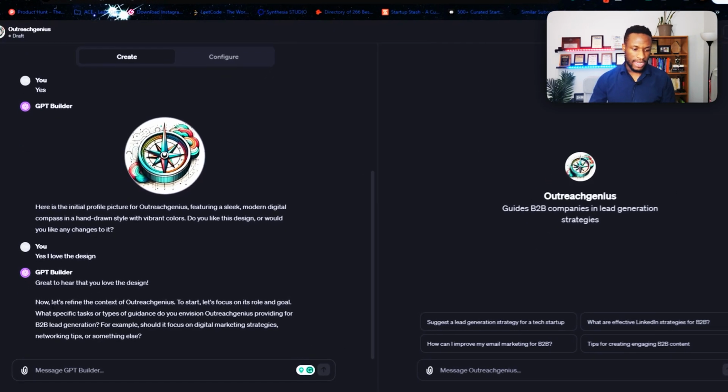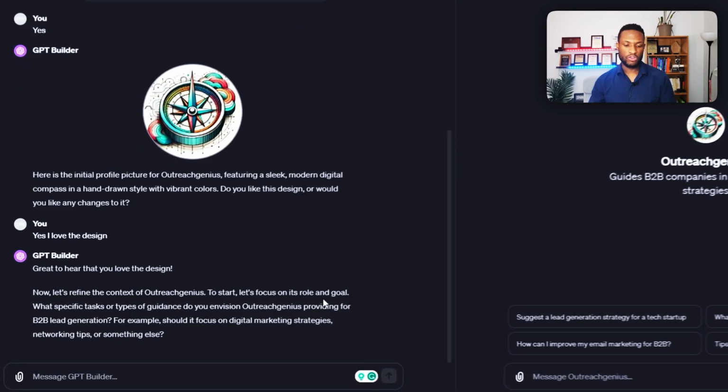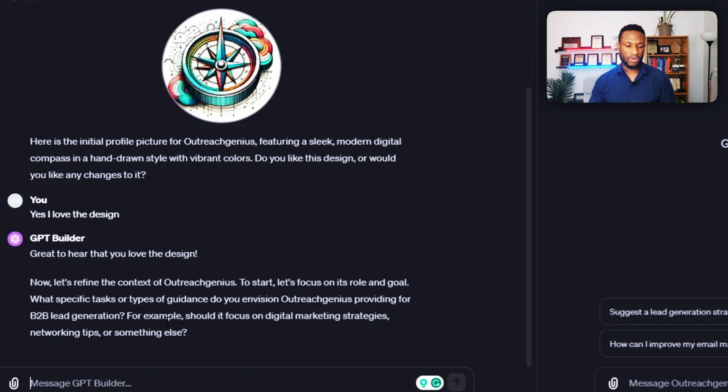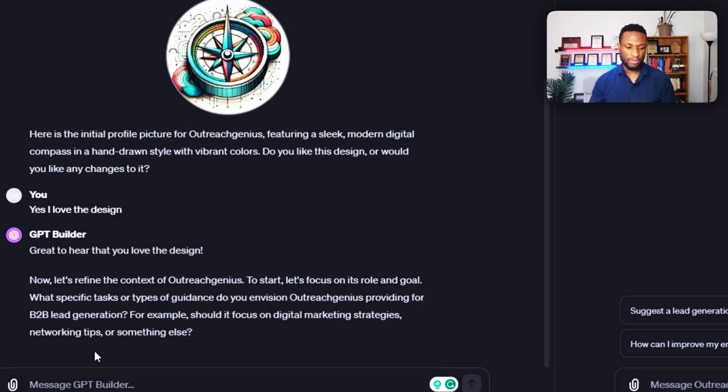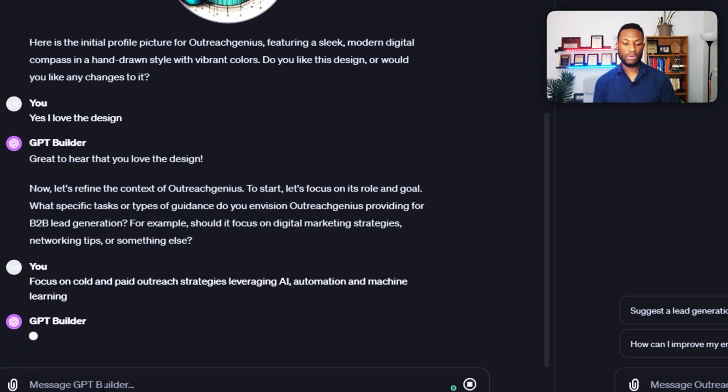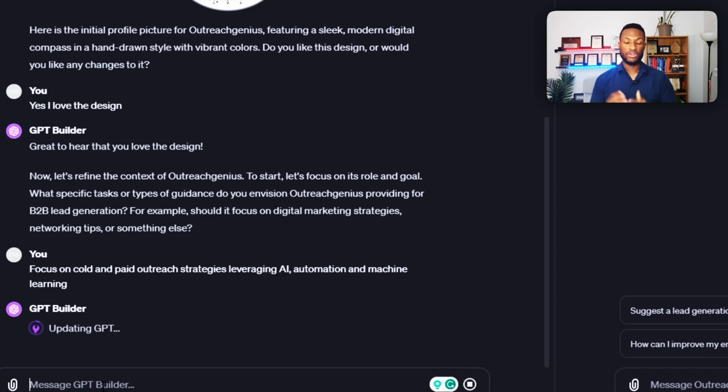So let's see what it's saying here. Now let's refine the context of Outreach Genius to start. Let's focus on its role and its goal. What specific tasks or types of guidance do you envision Outreach Genius providing for B2B lead generation? So focus on cold and paid outreach strategies, leveraging AI, automation, and machine learning. So that's basically what we do at Outreach Genius. We use advanced strategies that focuses on AI automation and machine learning to help businesses